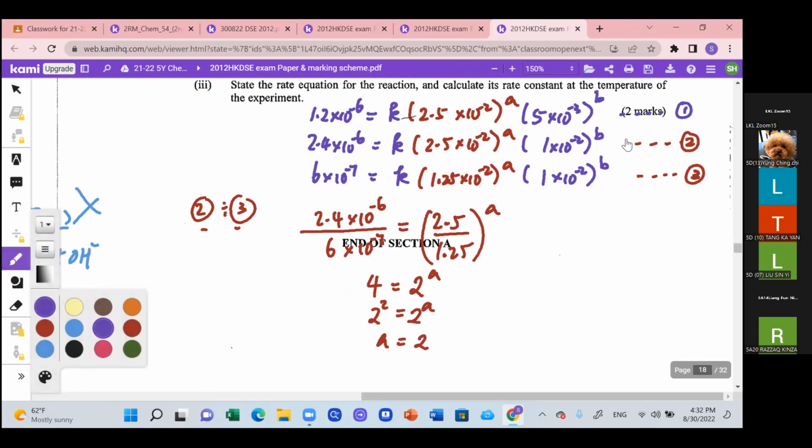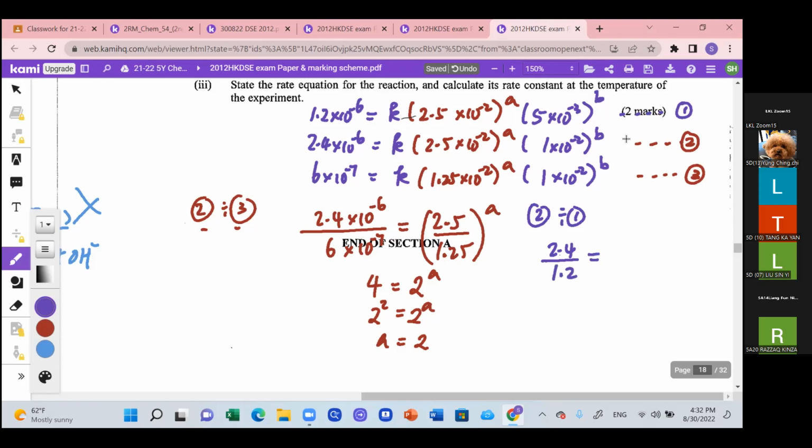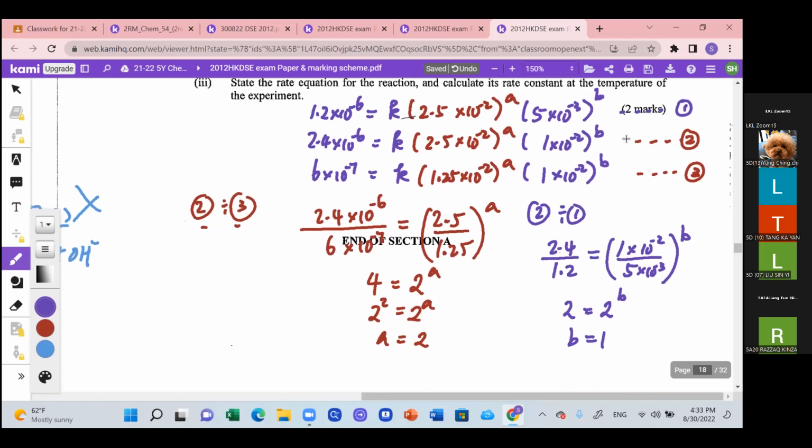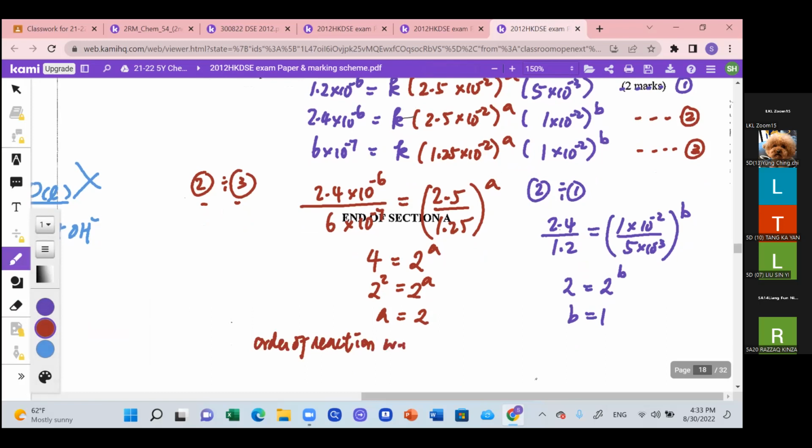至於如果我要 solve for B，我就會用公式2同1。今次係2除1，大數喺上高，細數喺下低。2.4除1.2等於 K 除 K 約咗，A 同 A 約咗。就1乘10 to the power 負2 over 5乘10 to the power 負3 to the power B，呢度就係2，等於10除5，即係2 to the power B，所以 B 係1。未完噶，我 deduce order，你一定要寫翻，order of reaction。唔可以就咁寫，計完就算數，一定要寫。With respect to